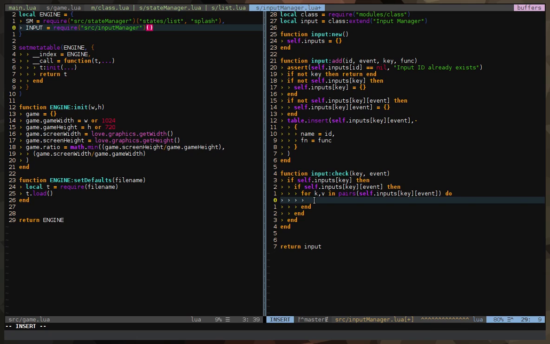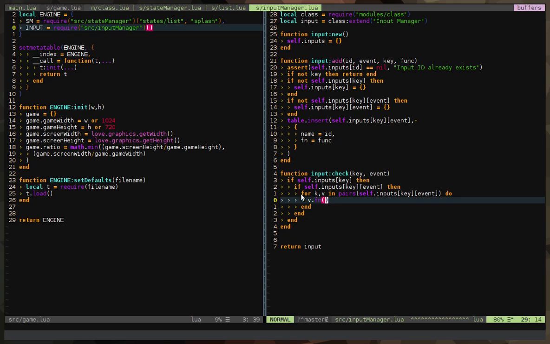So if that exists, we're going to say v.fn. Okay, so v will be the table. If that exists, this will happen, and then call that fn, which will be the function that we passed here. So this will call that function.